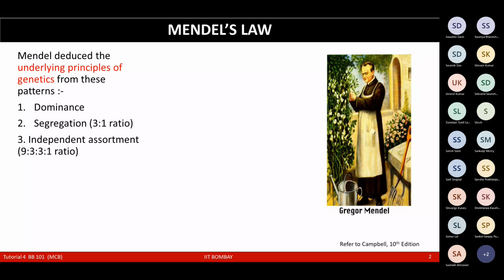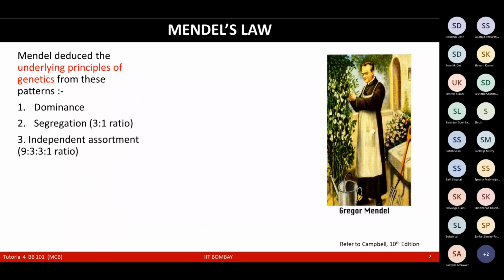Another one is the law of segregation. It involves the monohybrid cross, which means a cross that involves only one trait. It states that at the time of formation of the gametes, each member of each pair of genes separates, and only one gene comes to the next generation, one from the father and another from the mother. This is the law of segregation.